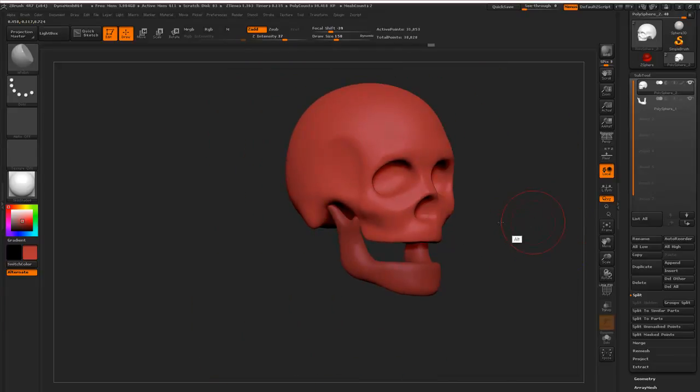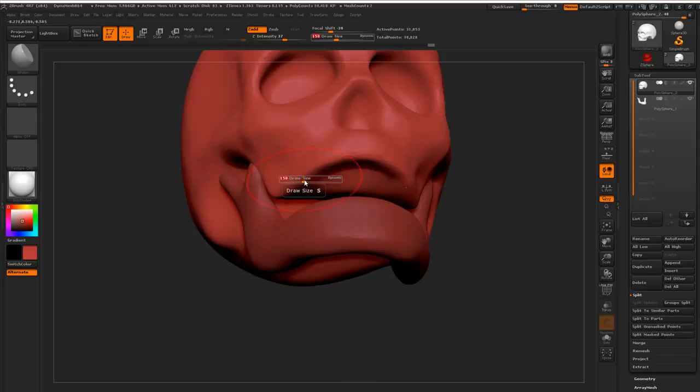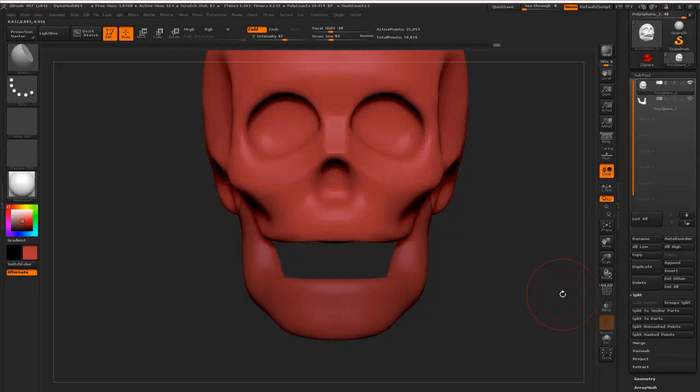And there we go. So that's that aspect. Again, play around with the H polish brush. Very, very helpful for flattening out areas and adjusting areas, making them nice. Alright, so for the teeth, there's several ways of doing this obviously,